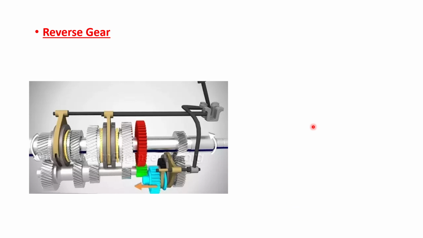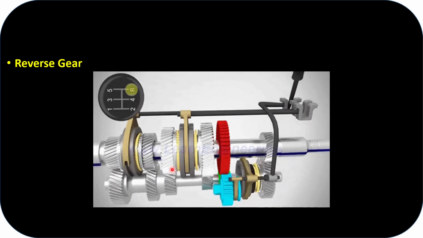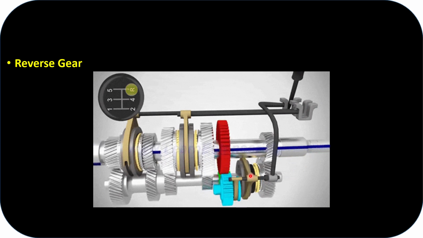So next is reverse gear. We already mentioned how it is working. When the gear shifting lever is connected, like this is rotating in this direction, this will automatically rotate in that direction. So if we have an idler gear in between these two, this is the idler gear, this will have another rotation and all the other gears will rotate in clockwise direction. This one will rotate in an anti-clockwise direction. So this is how it is working, that this part is connected to this.